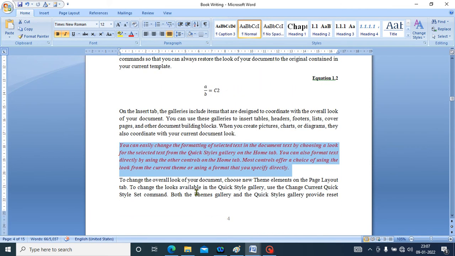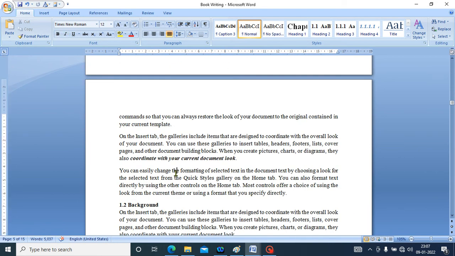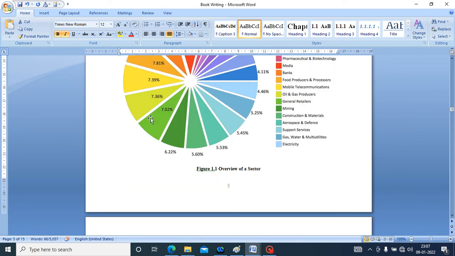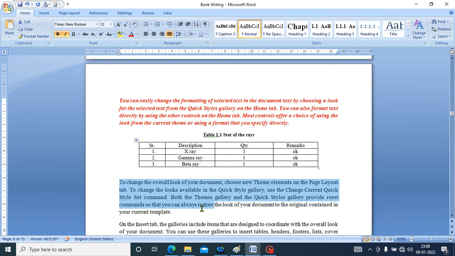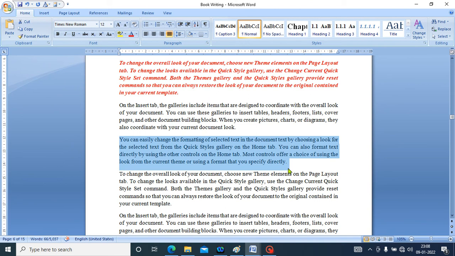So the shortcut key for format painter is, if you just click in, you will find that it is Control plus Shift plus C. Once you select this, now you can apply it. Just press Control Shift V. Wherever you want to apply, you just press Control Shift and V. Likewise, you can apply this formatting at various places. Okay, so Control plus Shift plus V is for applying formatting, and Control Shift C is for copying formatting.